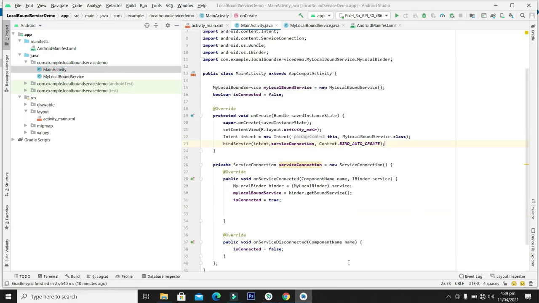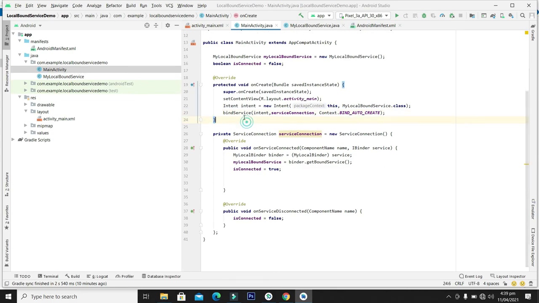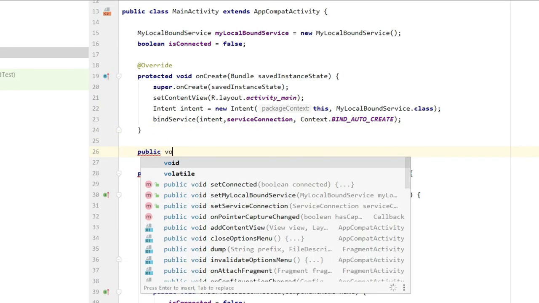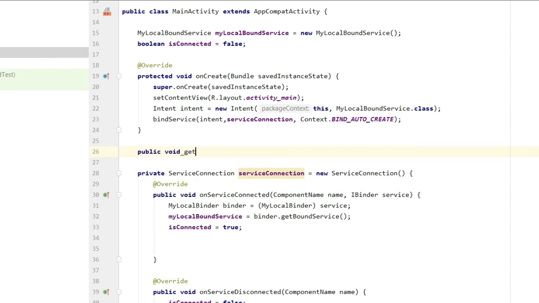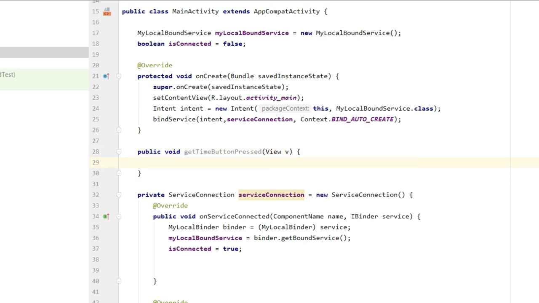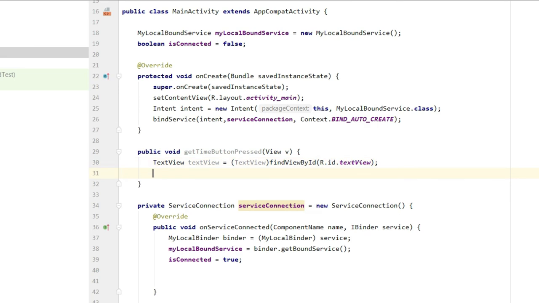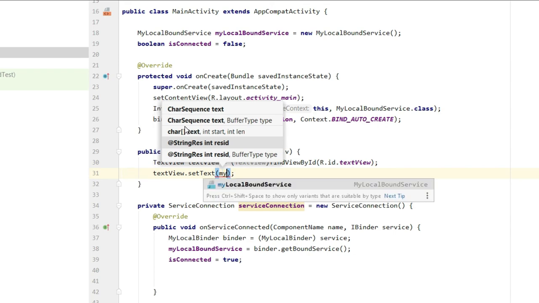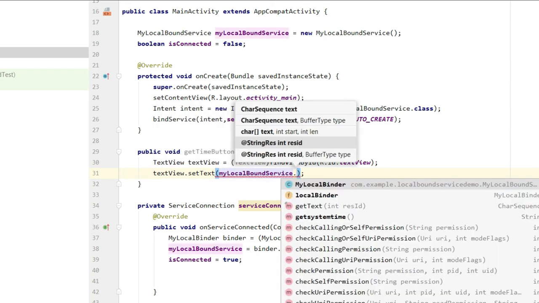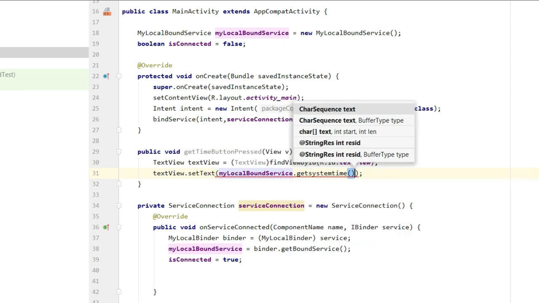Now let's add the on-click event in this class for this button, a public void getTimeButtonPressed, and from here let's set the text view. Set the text as get system time.